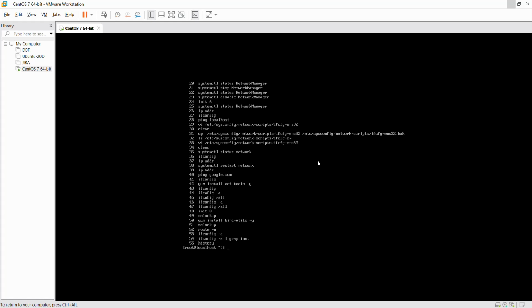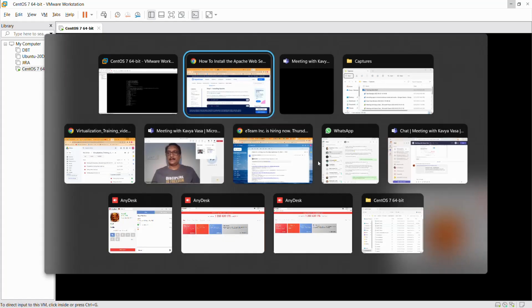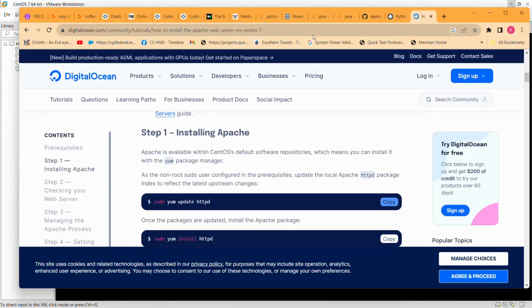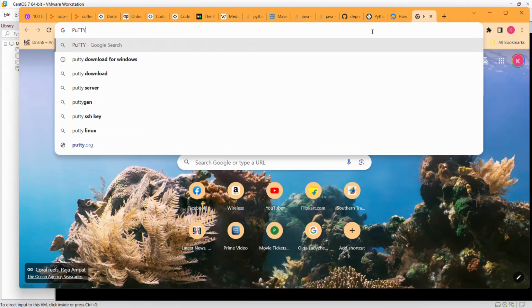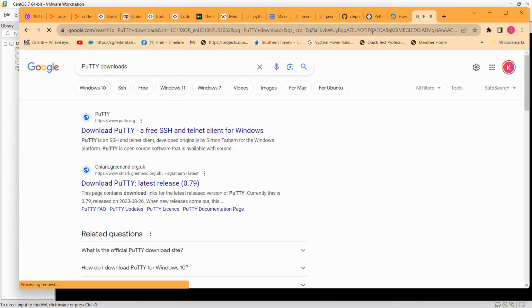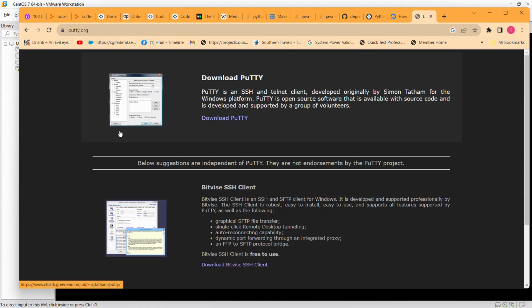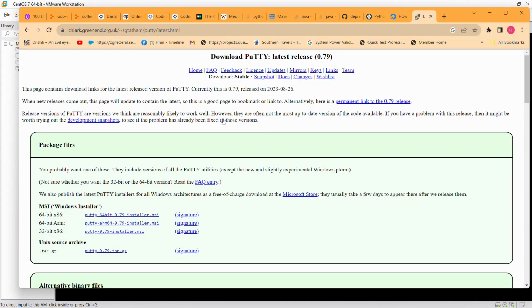I will show you how to do that so that your process is very quick. Now I will introduce you to something called putty. Do you have it on your machine? I don't have it, but I have used putty though, so I have to install it. Okay, I'm downloading putty and we will see how it works.